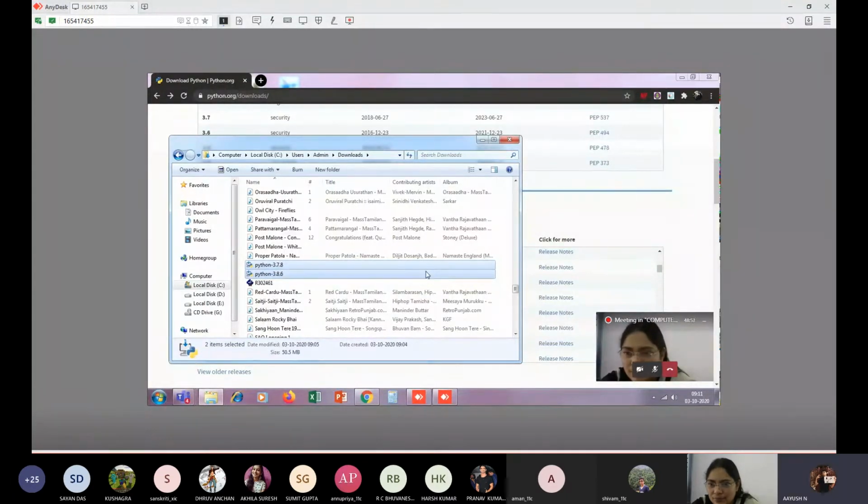Ma'am, this is actually Manasa's computer. Why are you sharing Manasa's computer? I am helping her download Python, but her Windows is an older version. No, you share your screen, dear. Then only I can help you out. Okay, how come you are sharing Manasa's screen? I'm using AnyDesk. Okay, you stop using this and show me your screen, dear. Then I can help you out.